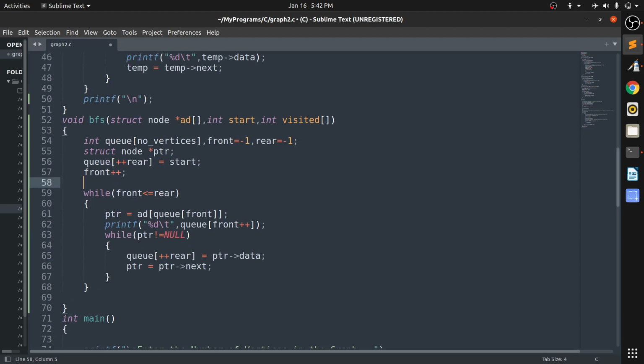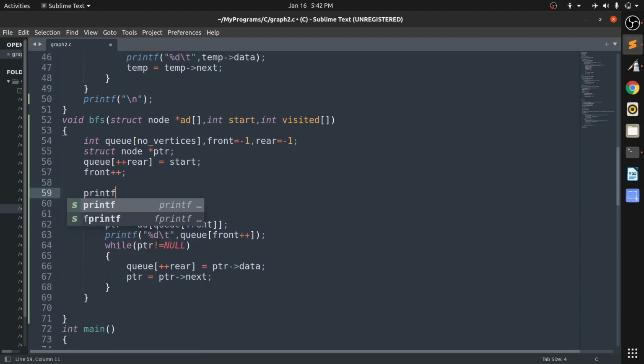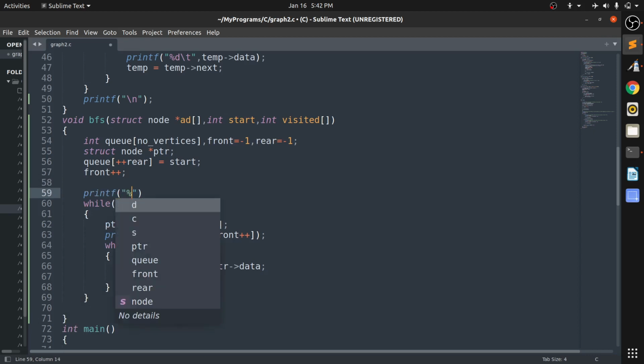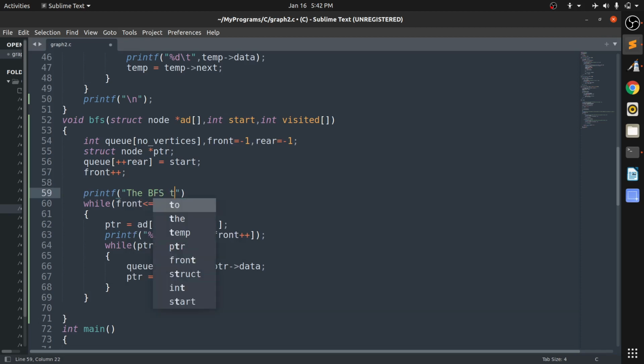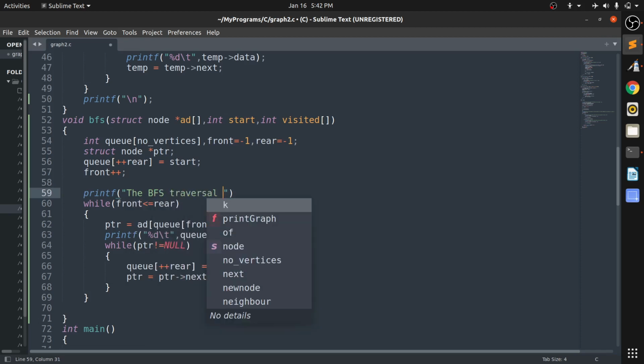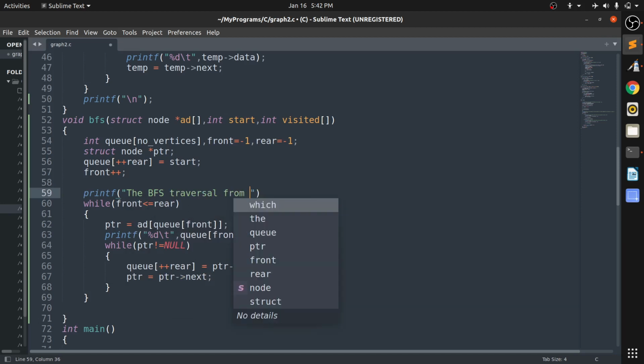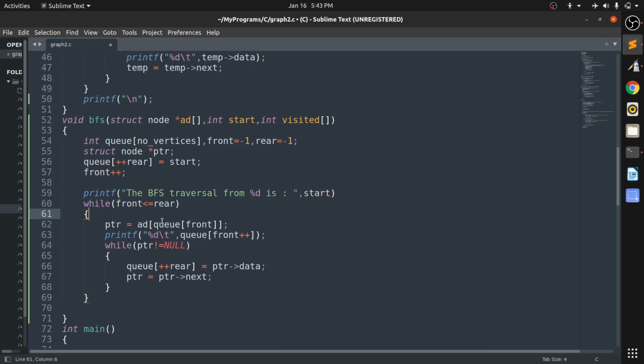Okay, so just for our understanding, I am just printing here the BFS traversal from %d is. Okay, now it is correct from start. Okay, I can also store the queue of front from start. Yeah, then it will not be that much complex, it will not look like that.